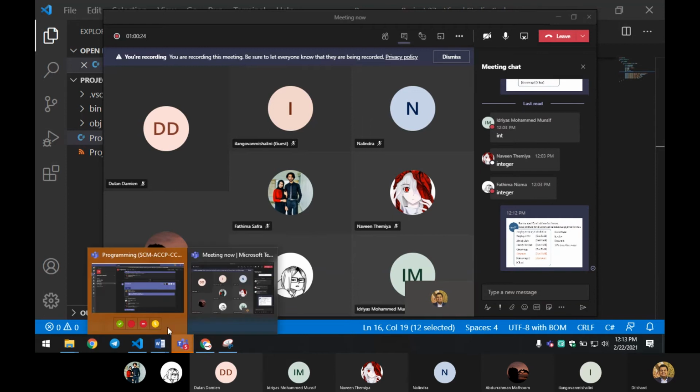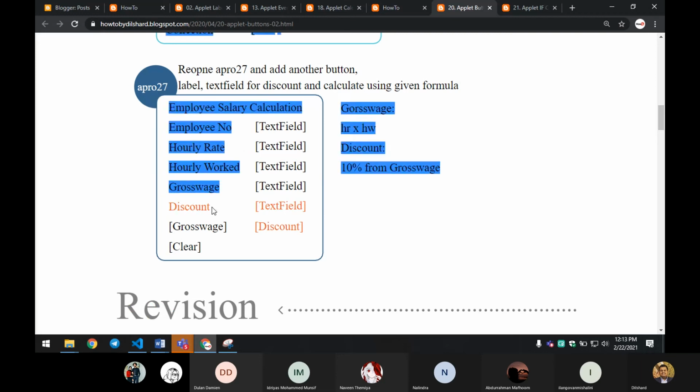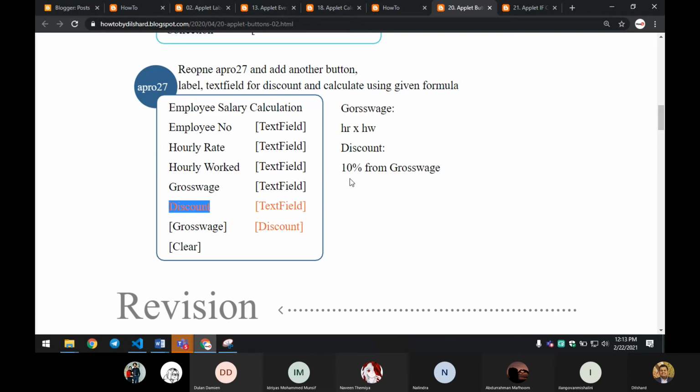What is that? Bonus. Here I said it as bonus, but the field name says discount. So we can have bonus or discount, or maybe we'll go with the same name. You say discount and find 10%. Only the name will be different.